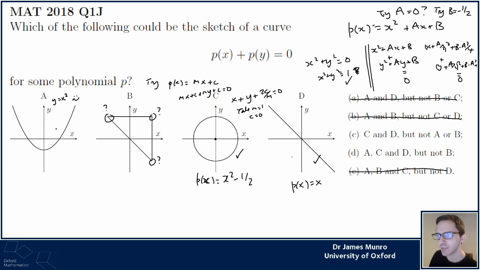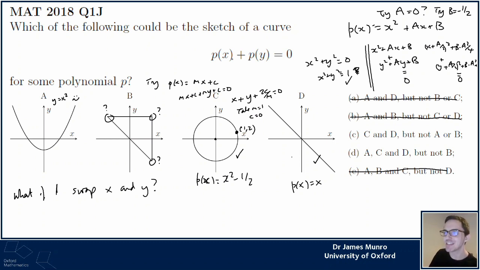In fact, we can think of this as some sort of symmetry. Think about what happens if I swap x and y. Swapping x and y would be taking a point on this curve, maybe over here, with some values of x and y, and looking at the point with the x and y coordinates the other way round. So if you swap the values of x and y, if this is 1,